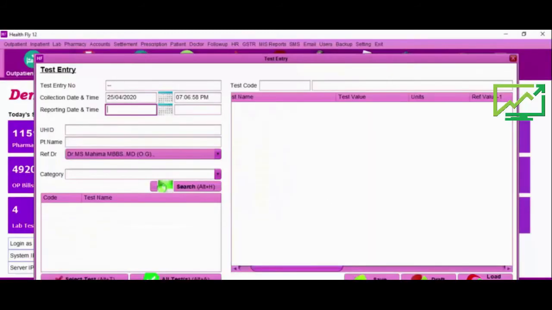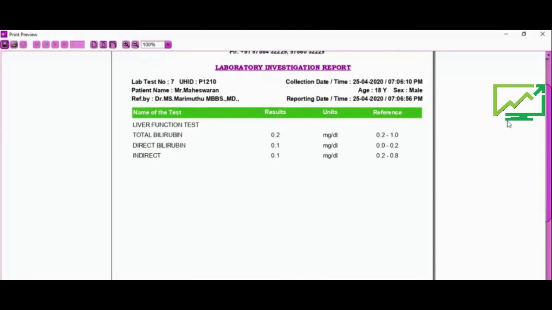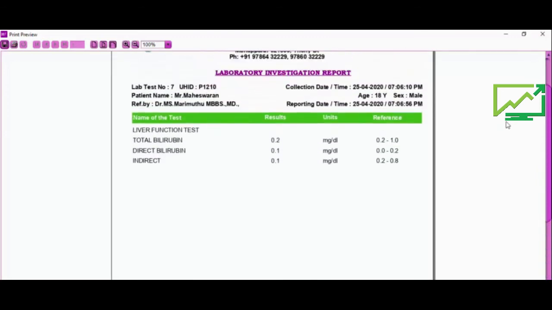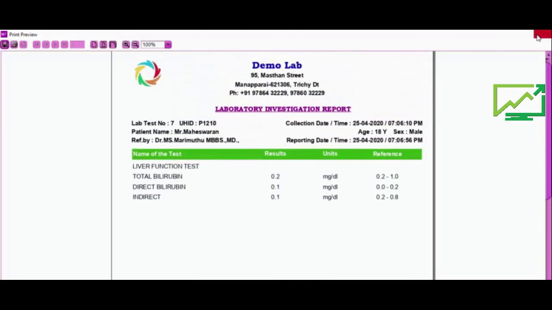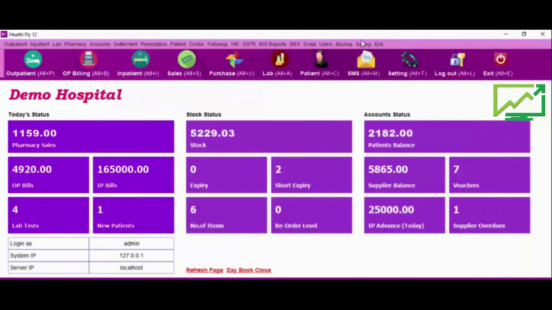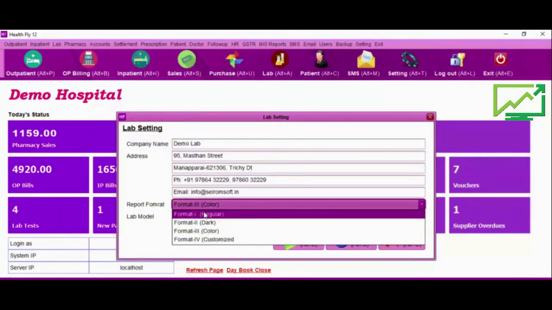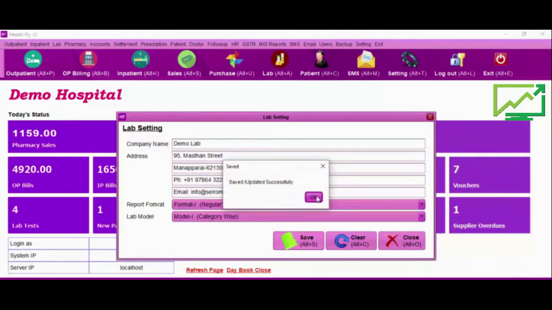Save and print. In this model also, we have given all the formats. Format 1.